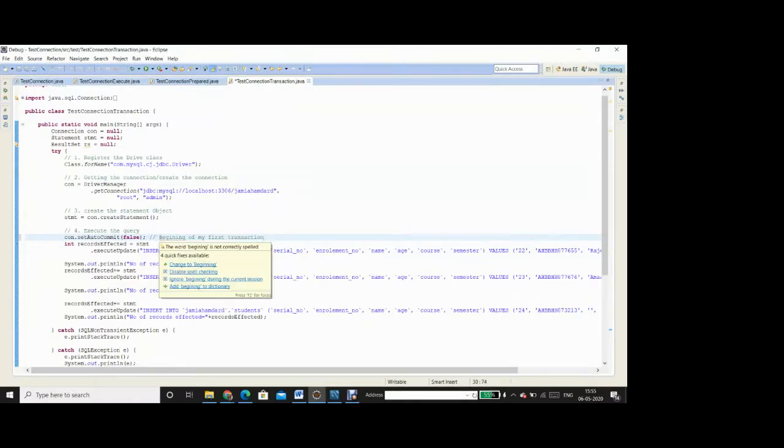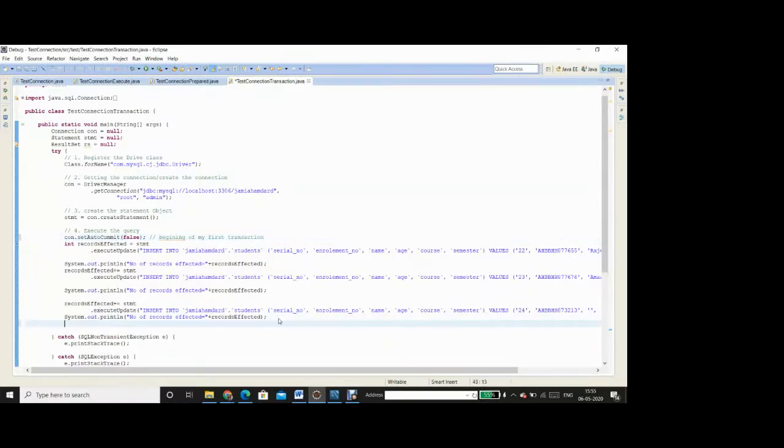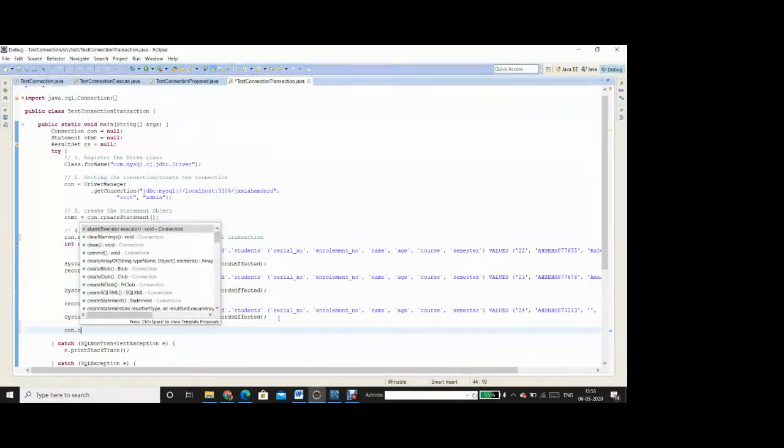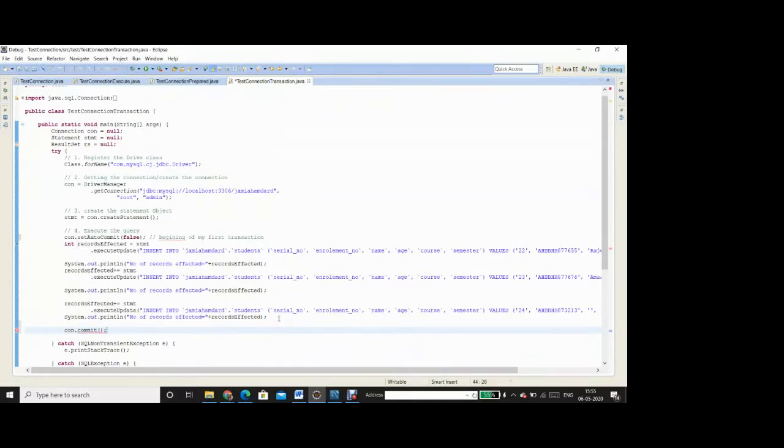That marks the beginning of my first transaction. And similarly, when everything is done, after the execution of the three insert statements, when I say con.commit, then this marks the end of the above transaction.